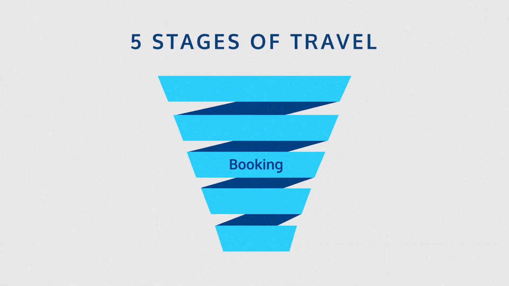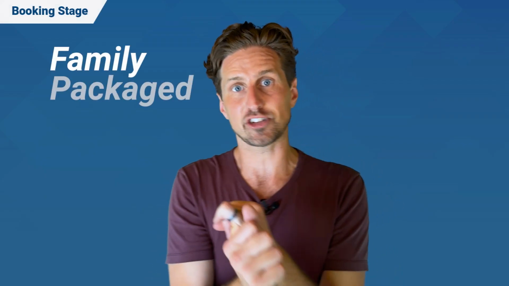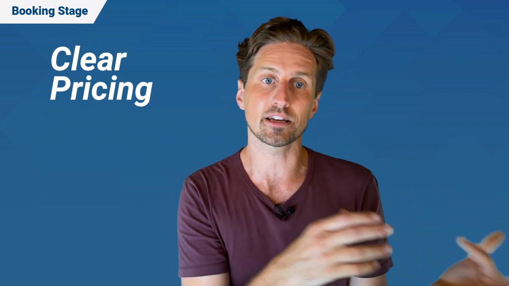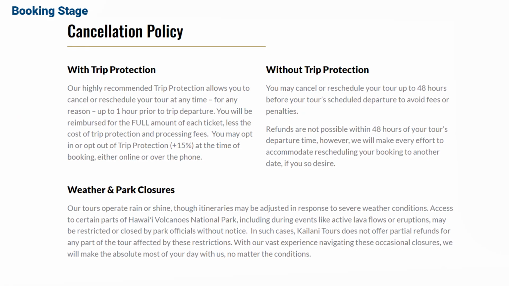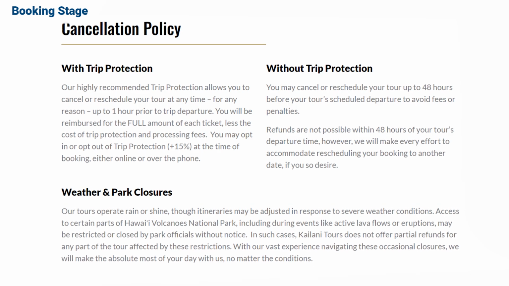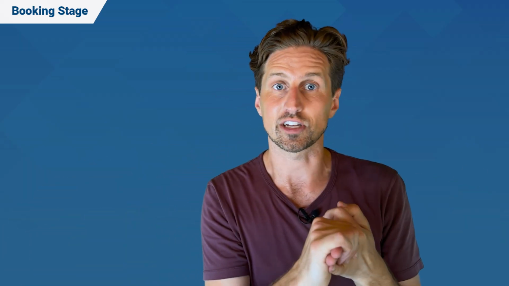All right, we're on to the booking stage. We're going to be doing the same thing again. Let's apply that VIP method. So here at this booking stage, they are on your website, ideally. So what do we need to have on there? Well, of course, we want family package deals with clear pricing about what's included and what's not. You want to have your flexible cancellation policy because we know that plans change with young families and young kids. Maybe we'd consider trip protection for giving extra flexibility as an extra service and as a way to boost your profits. We want a detailed, family-focused FAQ on